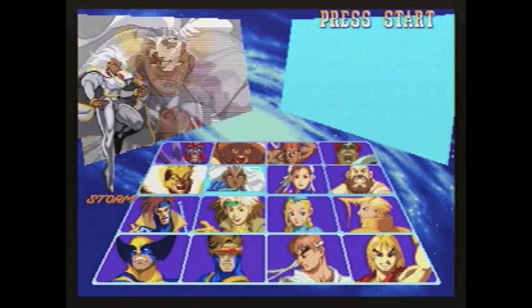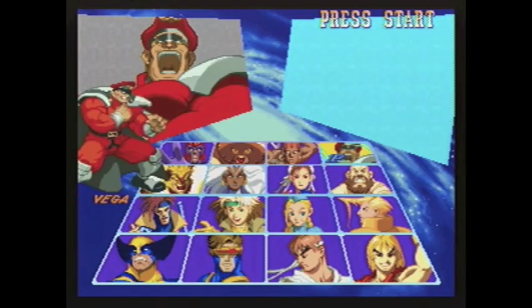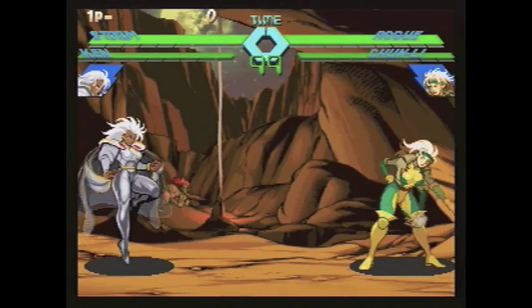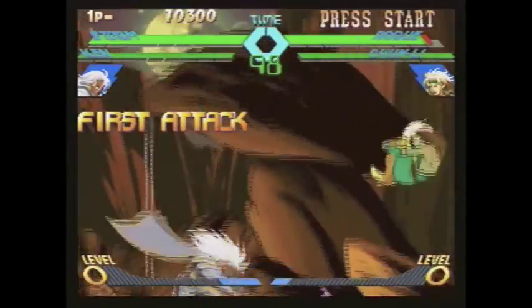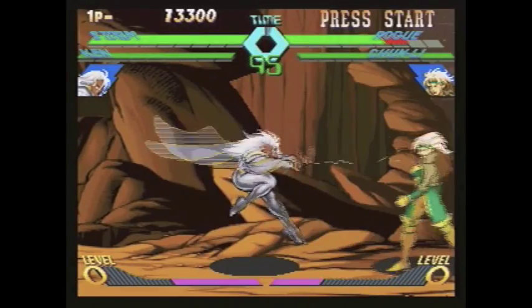X-Men vs. Street Fighter was the first of its kind, at least from Capcom. They took the characters from their popular Street Fighter Alpha or Zero series, as it's called in Japan, and mixed them with the characters from X-Men Children of the Atom. It was originally released in arcades in 1996, with a Saturn version following in 1997, and finally a horrendous PlayStation